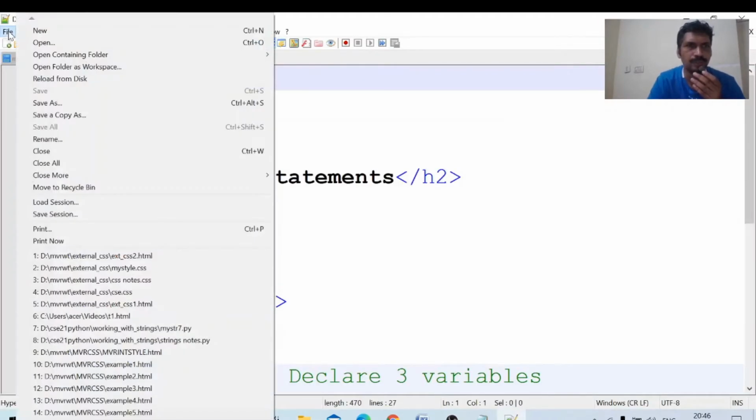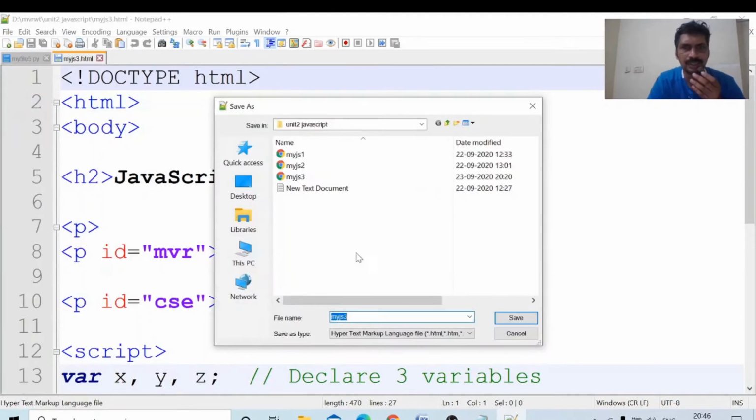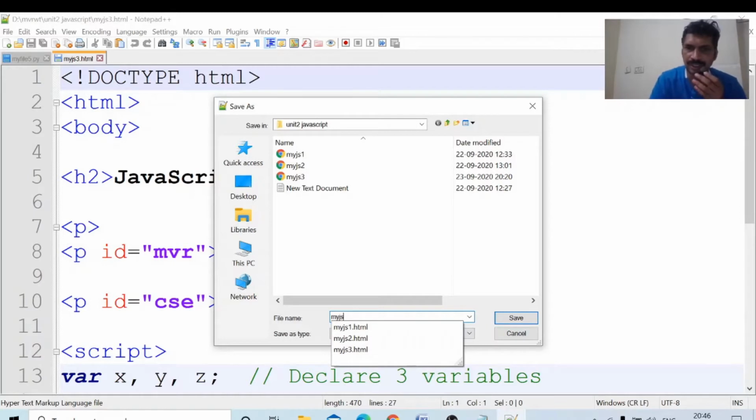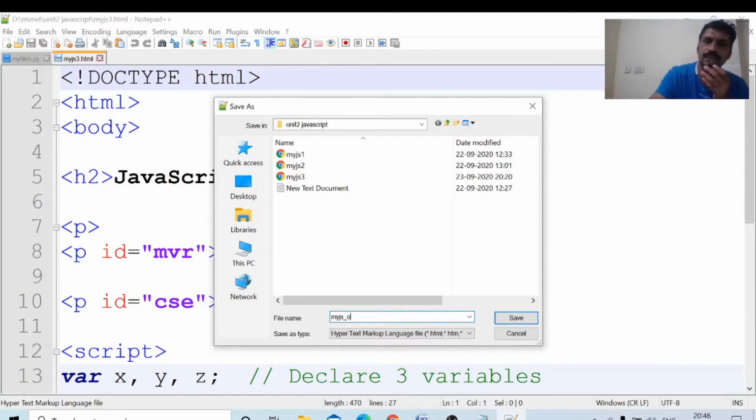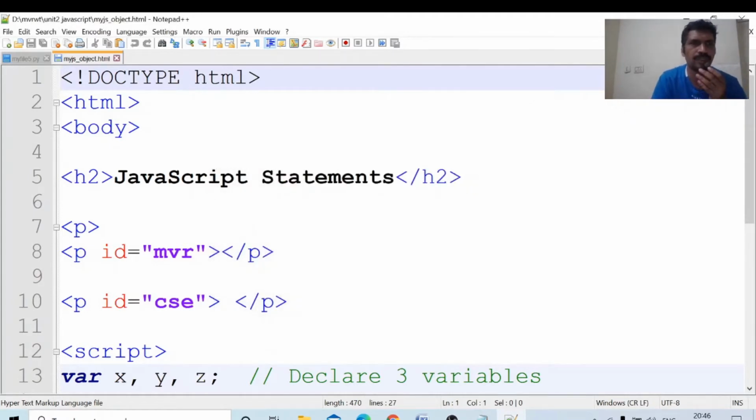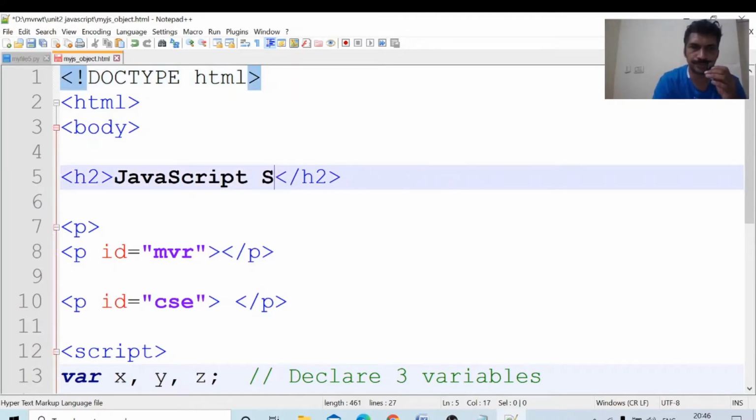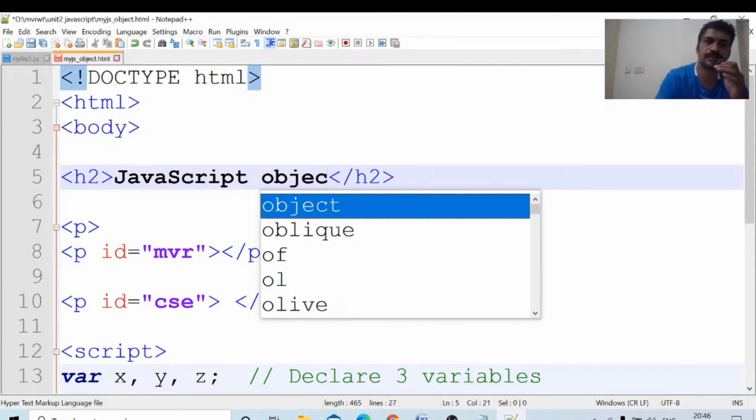I will create a new program: File, Save As, my JS object, as a hypertext markup language file, my JavaScript object.html. I will change the heading to JavaScript objects.